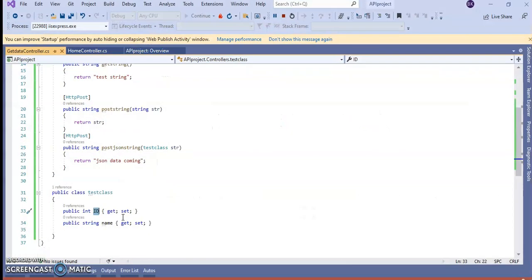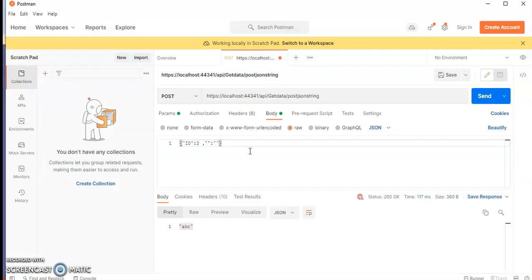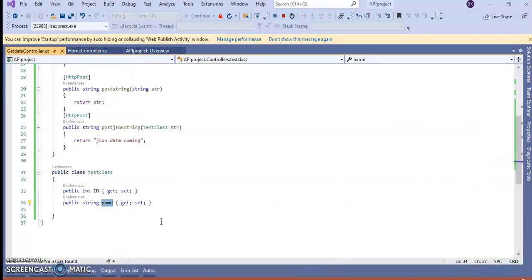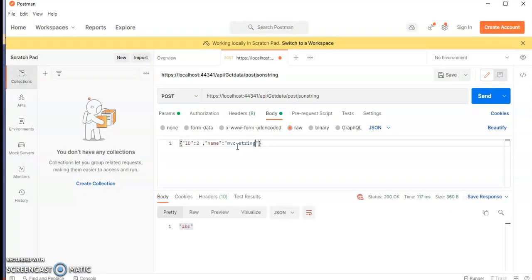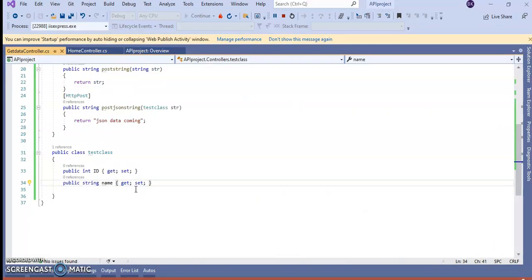The next is name, which is a string value, so inside the double quotes I'll give some MVC string as a value. Same thing, if you have multiple parameters, you can add them like this, comma, comma. If you have not passed a parameter, then it will be passed as null.